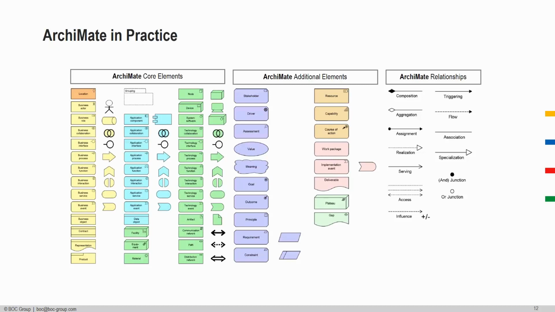which provides you with a number of architecture layers and various aspects to support the definition and the description of your EA domains, ArchiMate also provides additional layers which allow you to define your strategy and motivation, as well as the physical elements like any facilities or equipment or materials that are used throughout your organization as well. So it really is quite a comprehensive framework in terms of modeling your whole organization, right from the strategic level down into the physical buildings and equipment and materials that are used across the